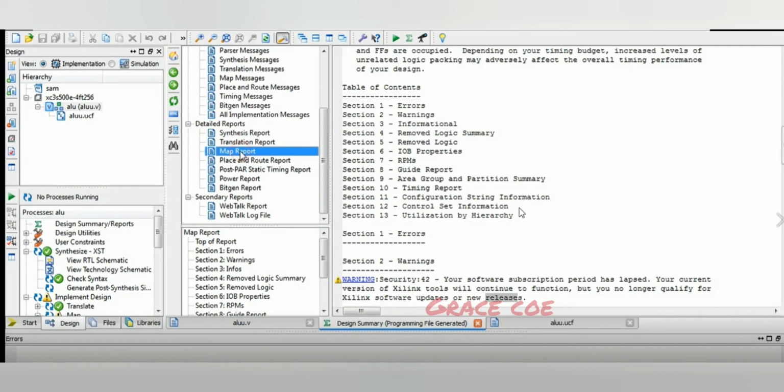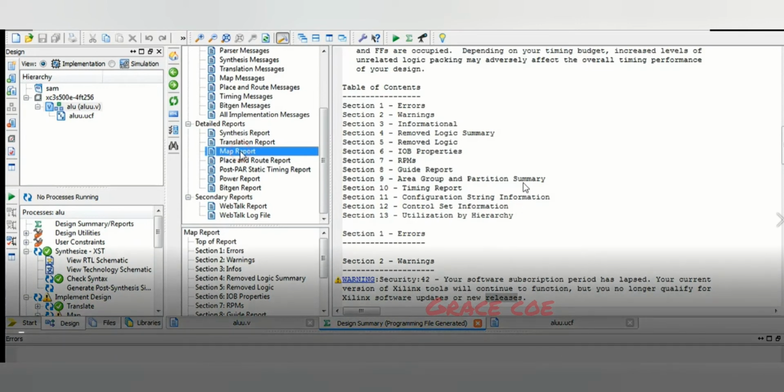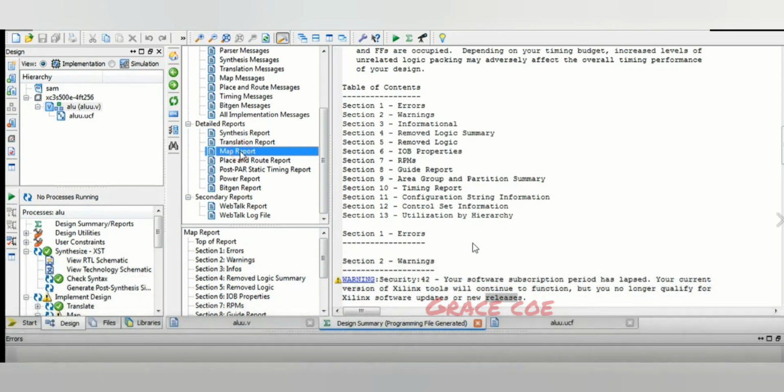This describes the logic in the design as well as any location and timing constraints. It also performs timing specification and logical design rule checks, and it also adds constraints from the UCF to the merged netlist. So this is what is being done, and the details given for the translation report.